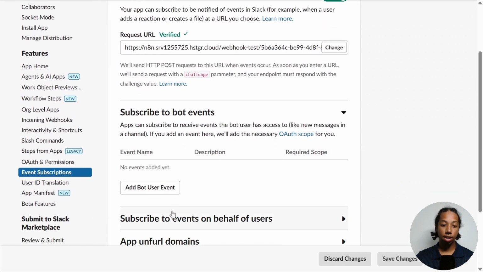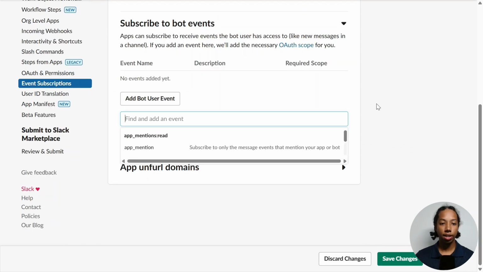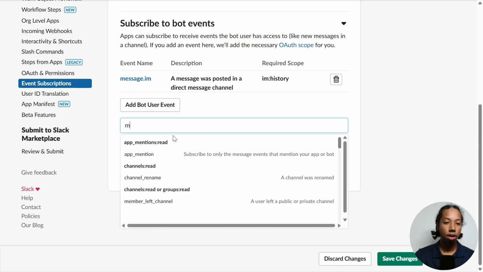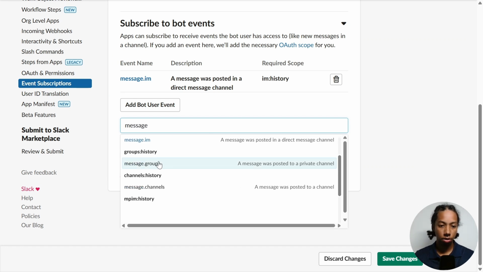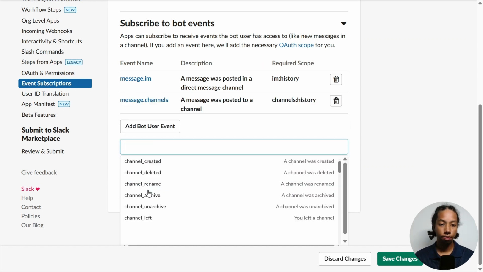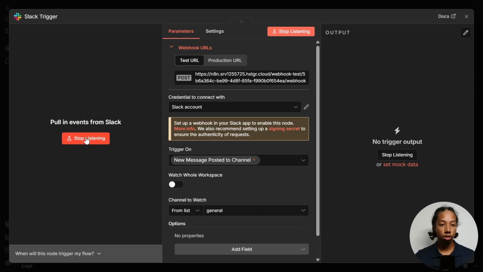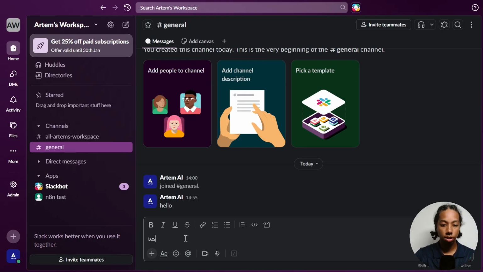And then we just need to hit add bot user event. We just need to add two events. The first one is just called message.im. And the second one is going to be called message.channels. And then we just want to hit save changes right here. So if we execute again and we go back to Slack, and we send another message just to say test,